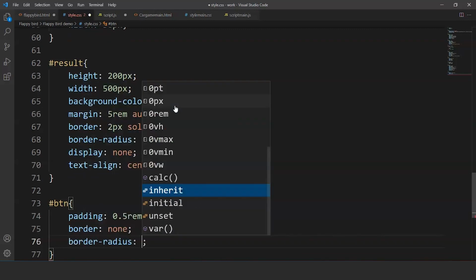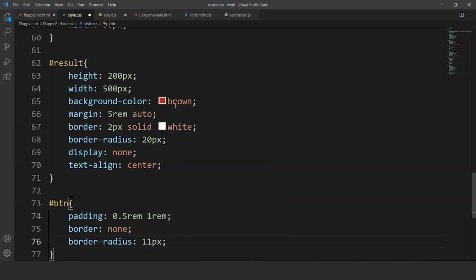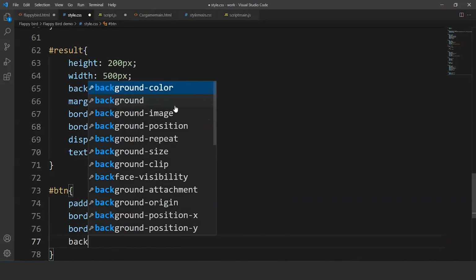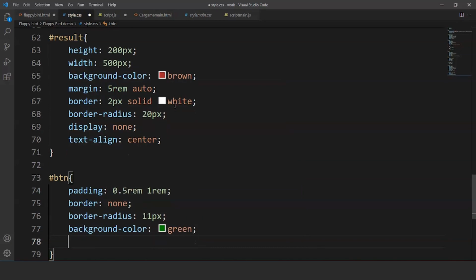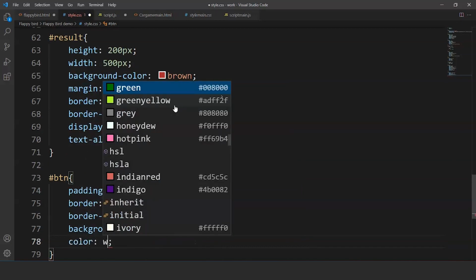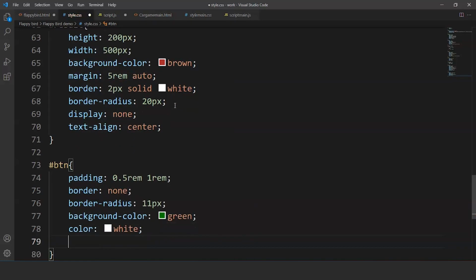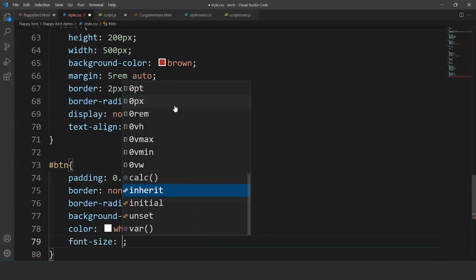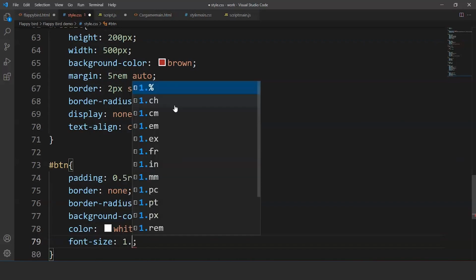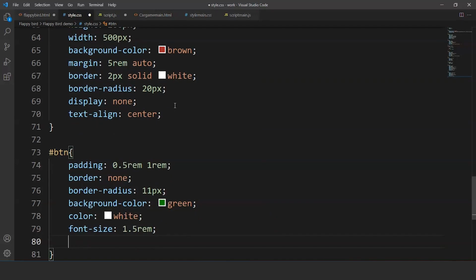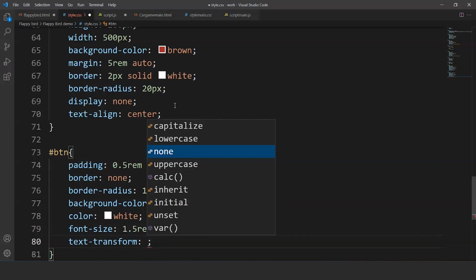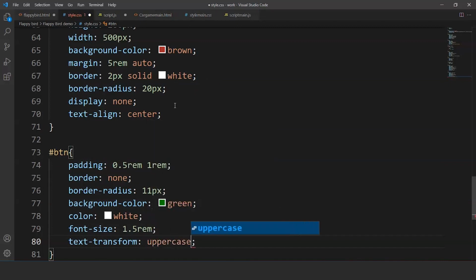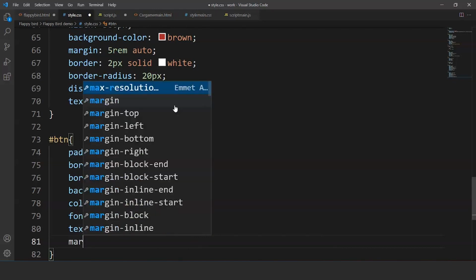We of course want the button to be round from the corners, so we'll write here border radius is 11 pixels. Background color is green. Color is white. Font size is 1.5rem. We'll write here text-transform uppercase. We'll write here margin top